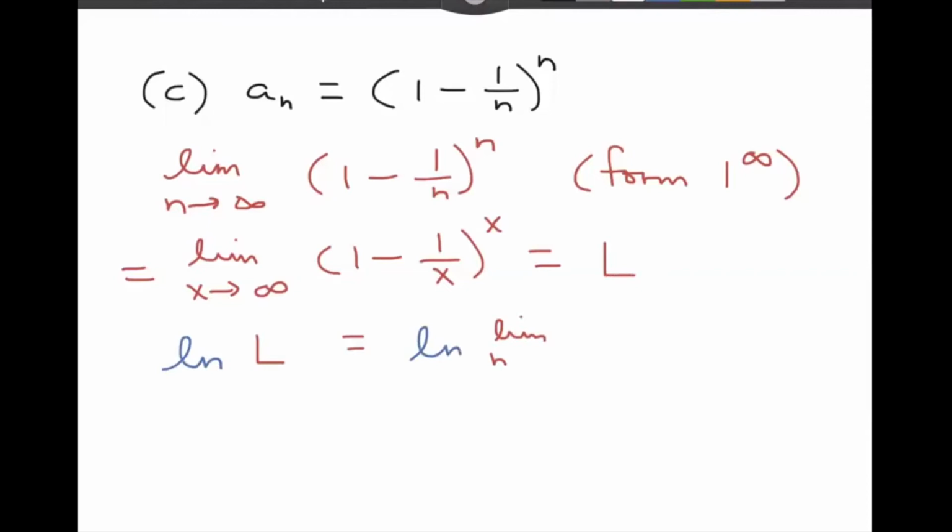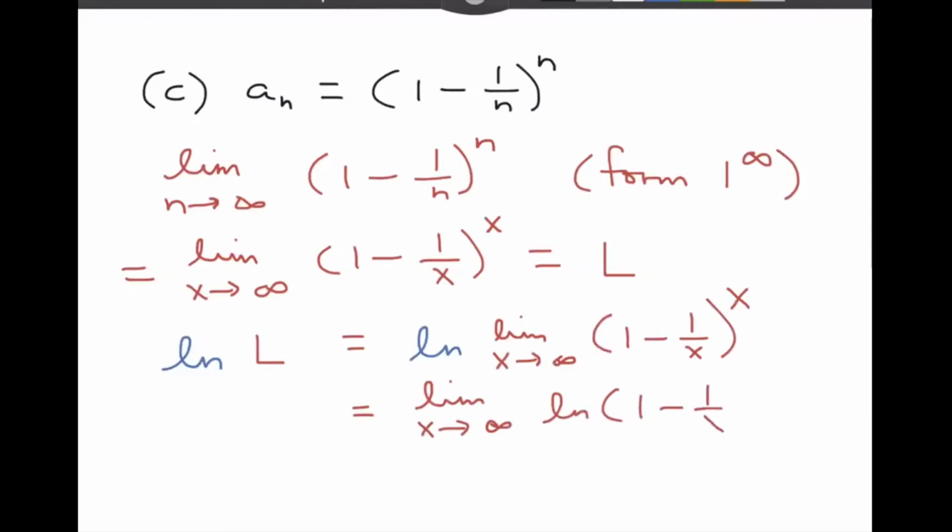Hang on, I almost forgot that I changed this variable to x. All right, in fact, I'm going to use that right now. So by that continuous function theorem, I can put the natural log inside the limit. The limit as x approaches infinity of natural log 1 minus 1 over x to the power x. And then by my favorite property of logarithms,